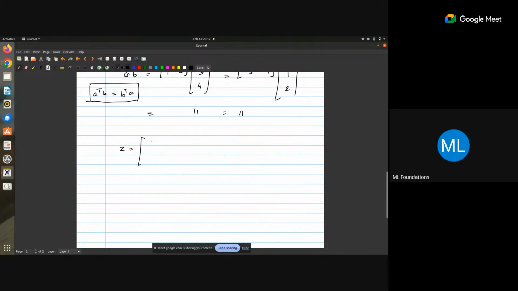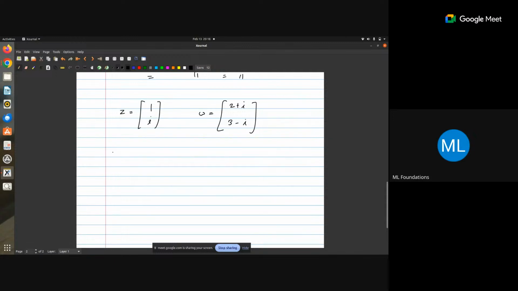So let's say Z is (1, i) and W is (2 plus i, 3 minus i). Okay, so these two values are there. What is Z dot W? Basically we said that it's Z conjugate transpose W. So what is the conjugate of Z? It is (1 minus i, minus i), and this will be the transpose, and here it is (2 plus i, 3 minus i). So if I just multiply this, it will be